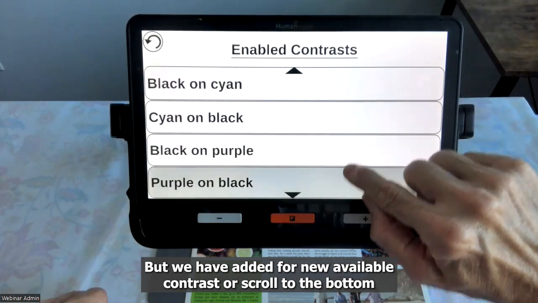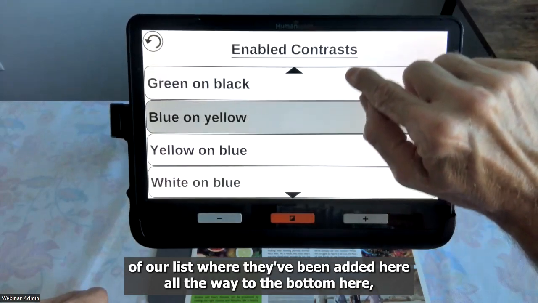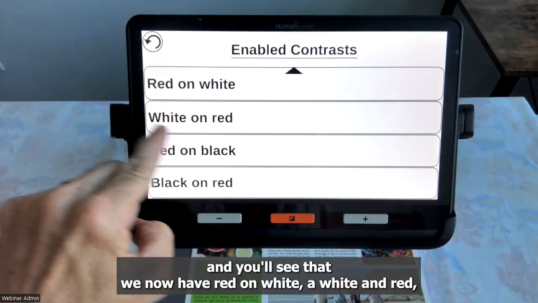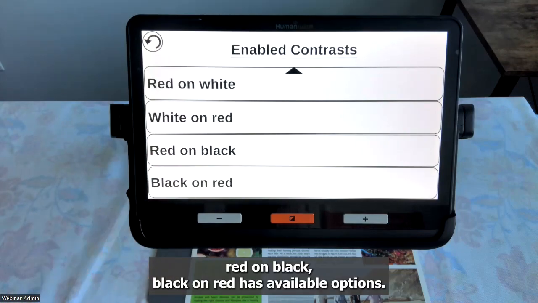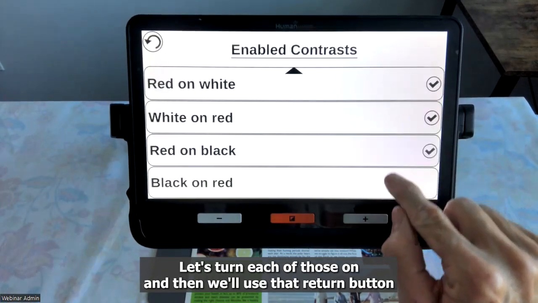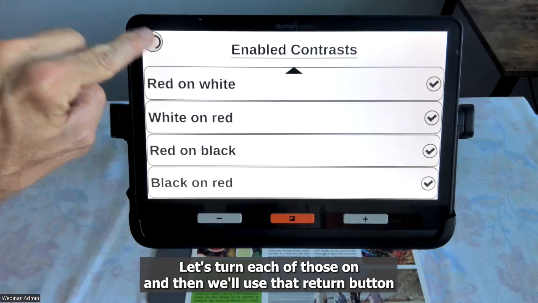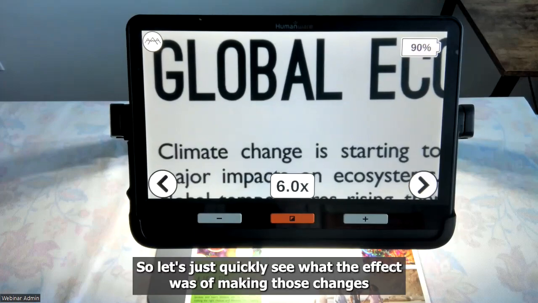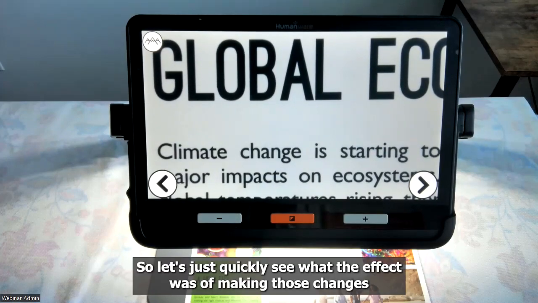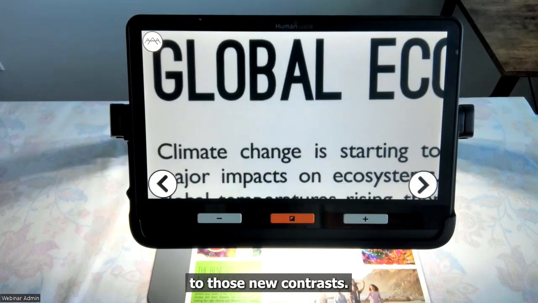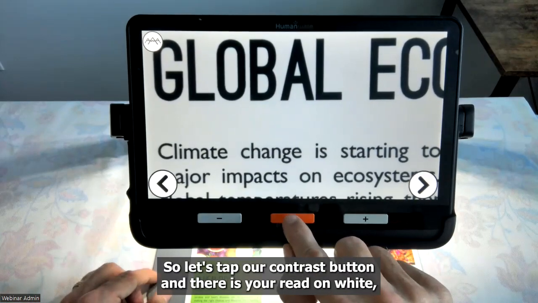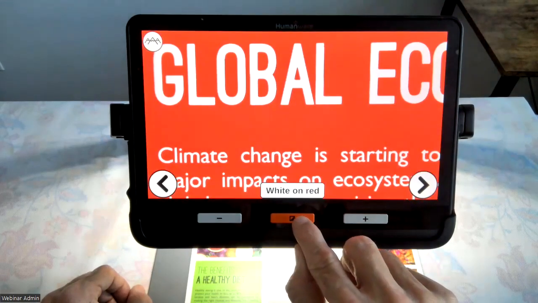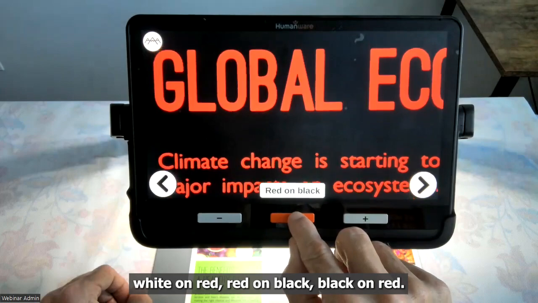But we have added 4 new available contrasts. So we'll scroll to the bottom of our list where they've been added here, all the way to the bottom here. And you'll see that we now have red on white and white on red, red on black, black on red as available options. Let's turn each of those on, and then we'll use that return button in the upper left to go all the way back out to viewing our document here. So let's just quickly see what the effect was of making those changes to those new contrasts. So let's tap our contrast button, and there is your red on white, white on red, red on black, black